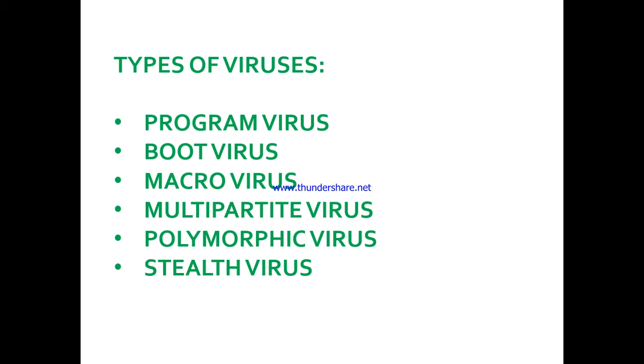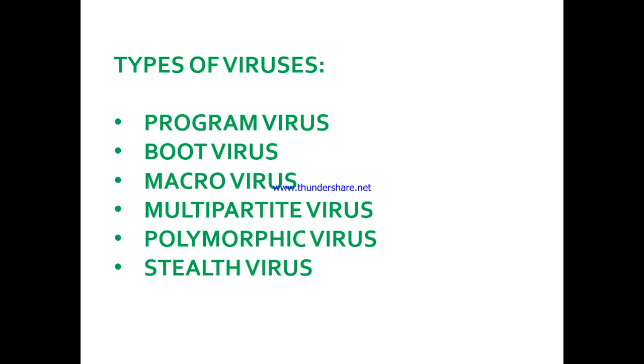Okay, so students, in the last video I told you what is a computer virus, what the warning signals are to understand when your computer has been attacked by a virus, what a computer virus can do and what it cannot do. So all this we have learned in the previous video. Now in this video we are going to learn about the types of viruses.